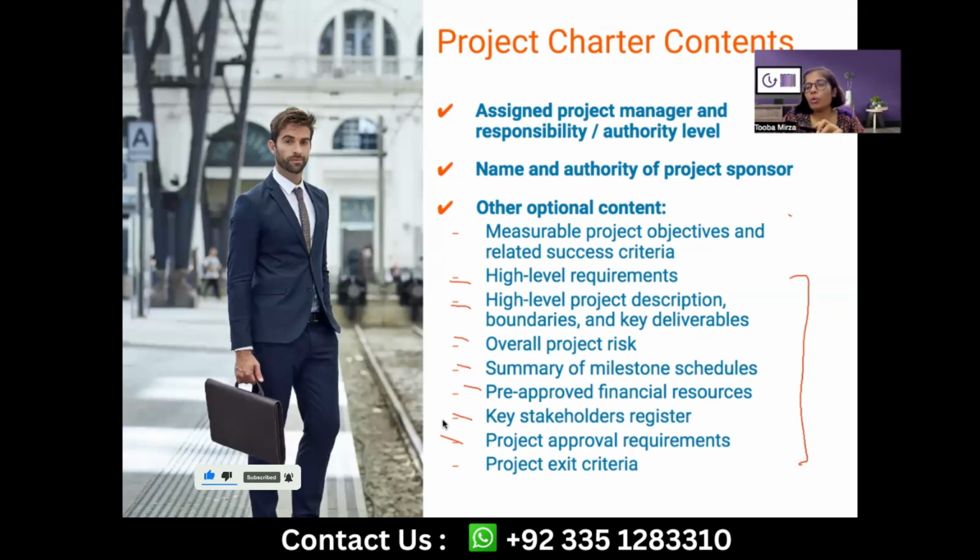And if you go to PMBOK, for instance, PMBOK 6th edition, I'm not really sure about 7th because I'm not a fan of 7th edition. I like 6th edition more, and I find it more relevant to the exam and ECU as well. So if you go to the 6th edition and you check multiple processes, any planning process, scope process, or resource process, or schedule process, you would see that charter is a definite input to that process. Why? Because